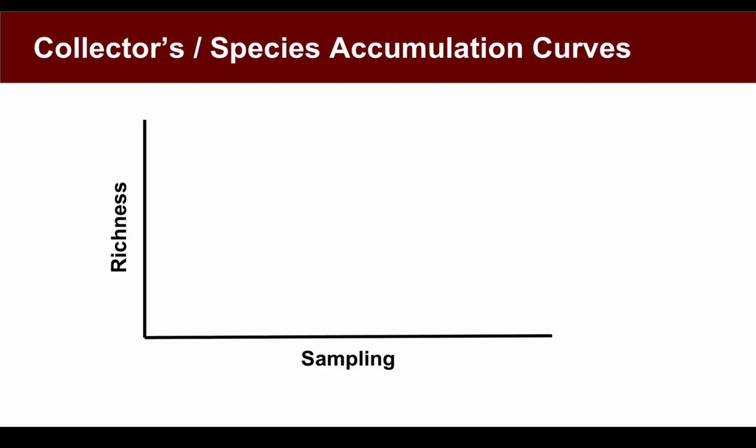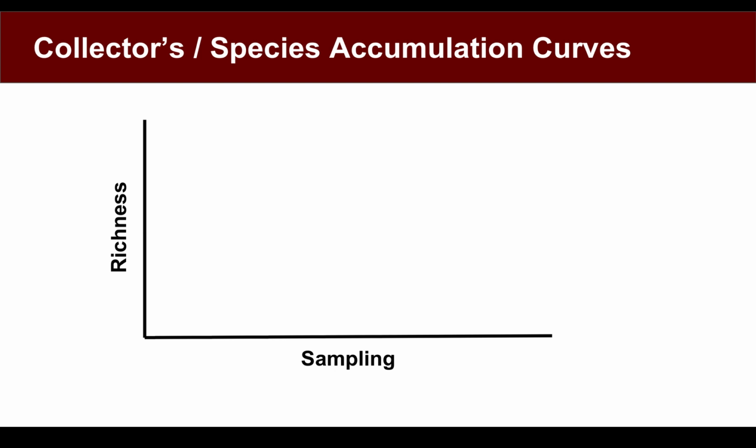An important concept when we're thinking about sampling is the collector's curve, or the species accumulation curve. When we do these, we have an x-axis that represents one of our measures of sampling. It could be, for example, number of occurrences, number of fossils, whatever it is. And then the thing we want to measure on our y-axis. Here we're going to focus on richness, but going back to earlier in the talk, anything that might have a monotonic relationship with sampling could be considered in exactly the same way.